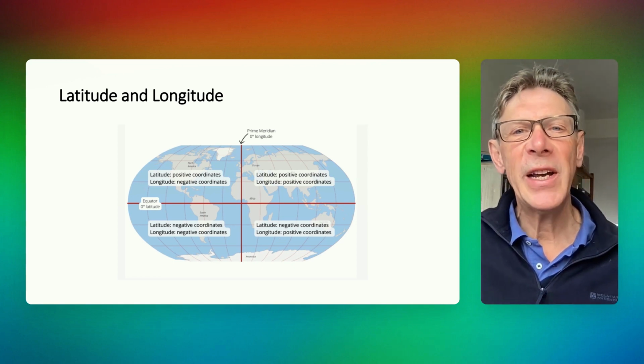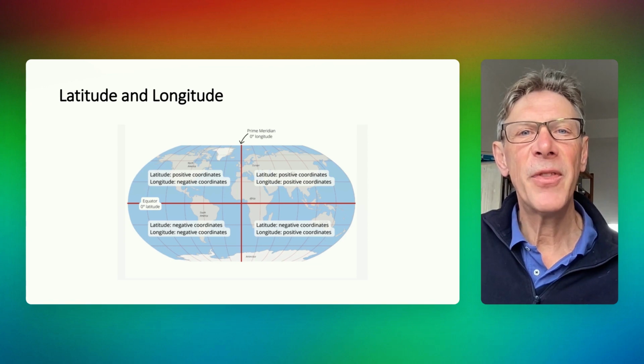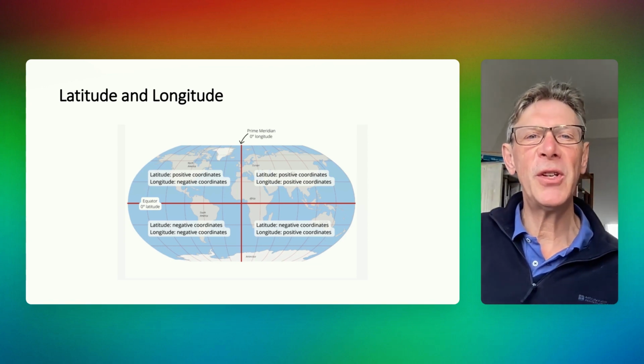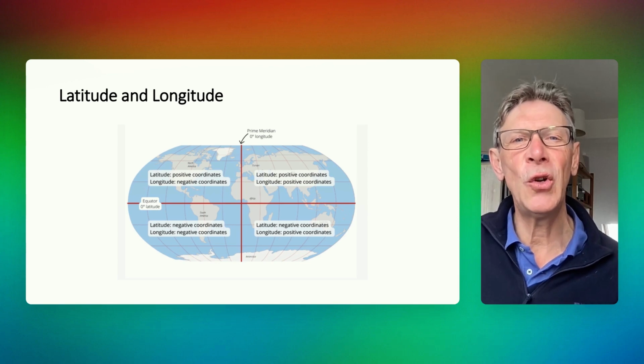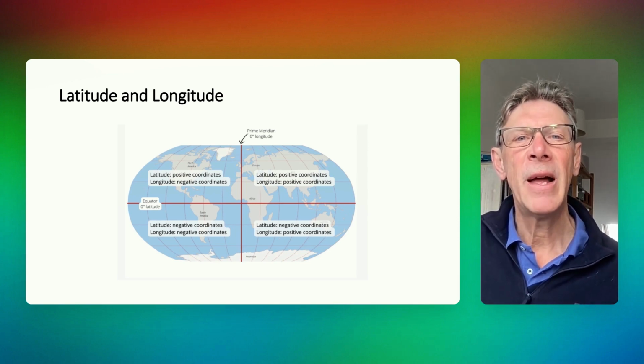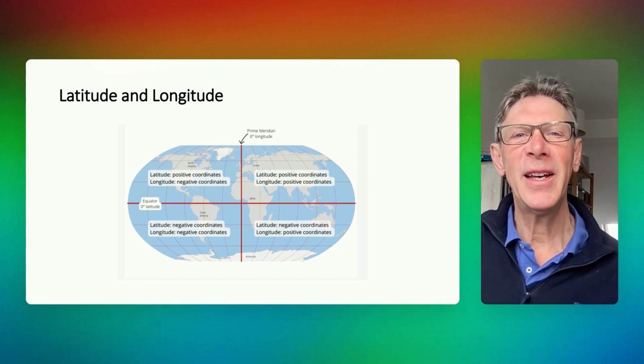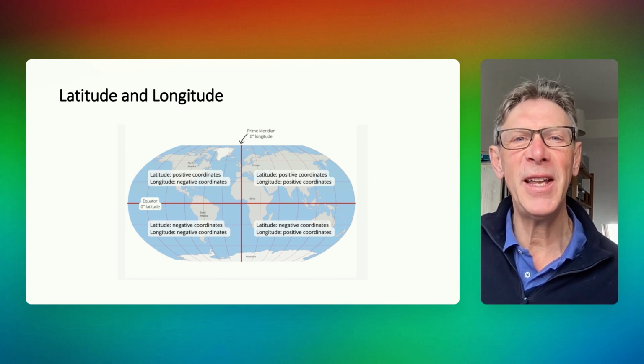So the equator is the latitude line, and the prime meridian is the longitude line, which you notice goes almost through my house in London. And if ever you come to London, I will take you to the longitude line, and you can put one foot in the west of the world and one foot in the east of the world.